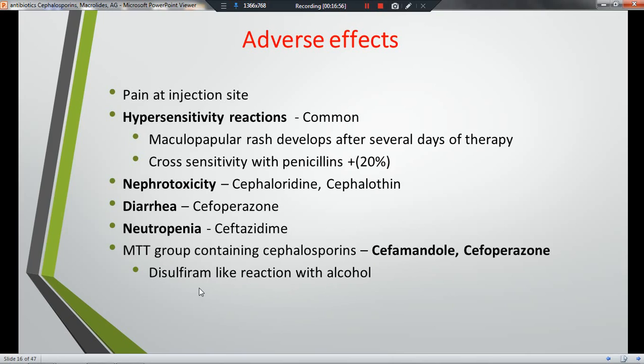Disulfiram is otherwise known as antabuse, which we give for patients who are dependent on alcohol, to reduce their dependence on alcohol. What disulfiram does is, it is a drug that inhibits aldehyde dehydrogenase enzyme, and as a result the aldehyde levels accumulate in the body, and when the patient consumes